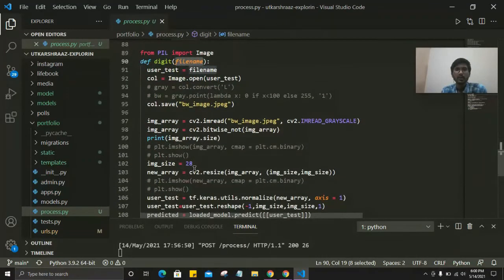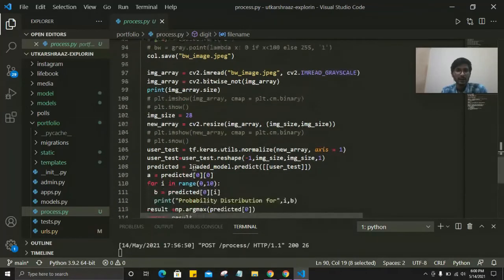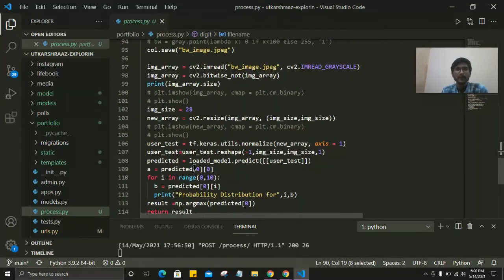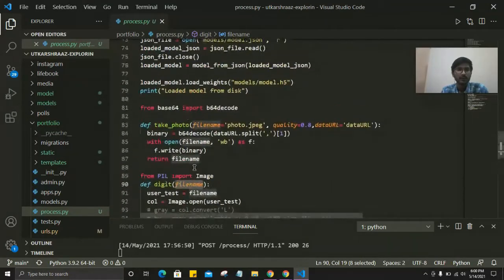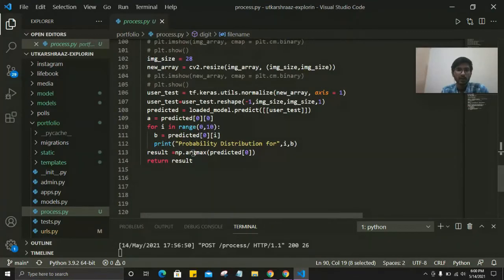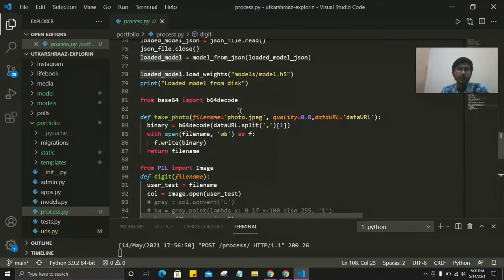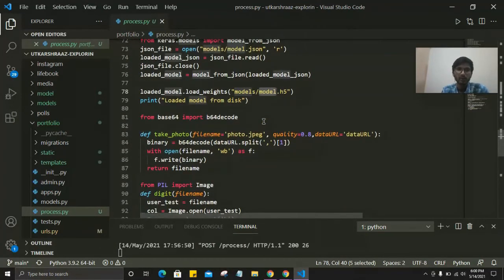Then I pass it on after doing some normalization, like resizing it to the required dimensions, and if the image is not black and white, converting it into black and white. After doing all this I am passing it to this model to predict. Here you can see I am passing it to the predicting model, load model.predict. So this is the load model. Load model is that file that is saved in the form of .h5.